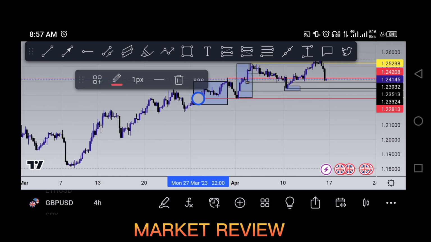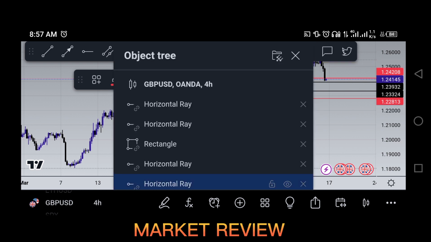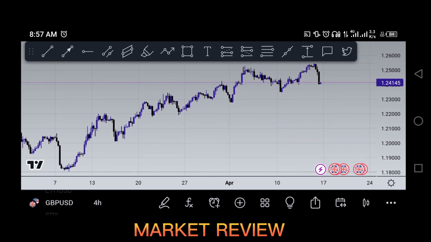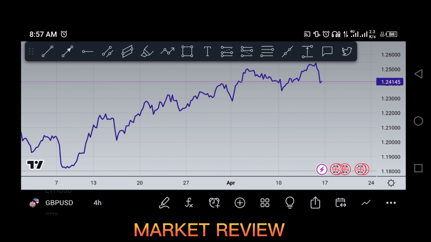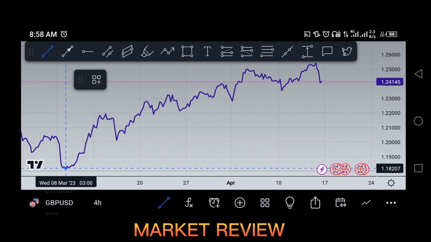So I'm just going to delete all of this so that we get to see something on a larger scale. You see why I'm saying that price will have to come down. Now, what I do is that I change it to a line graph. Now, if I change to a line graph, if I'm picking from this point upward,